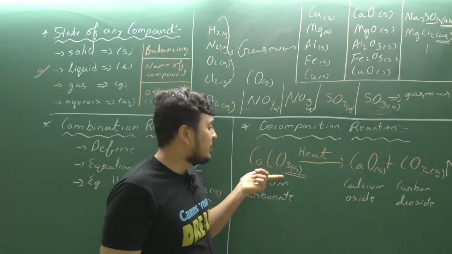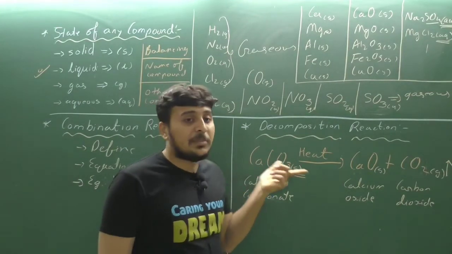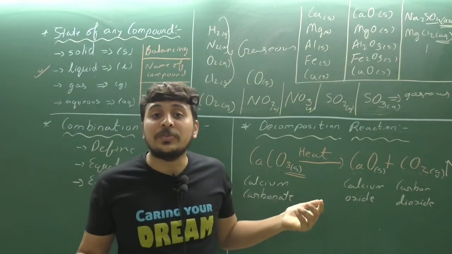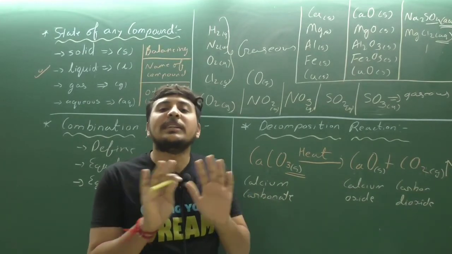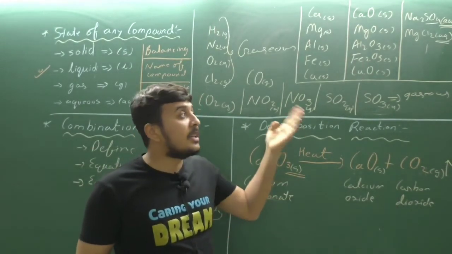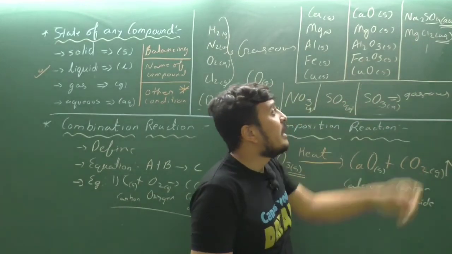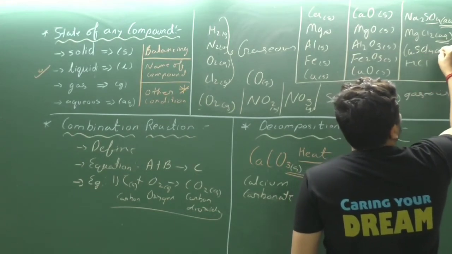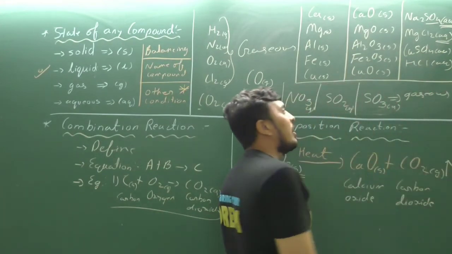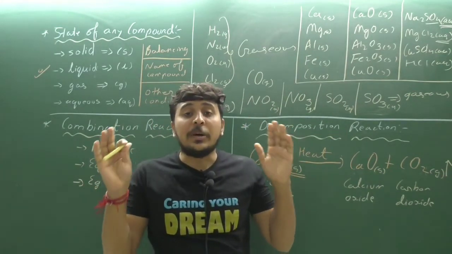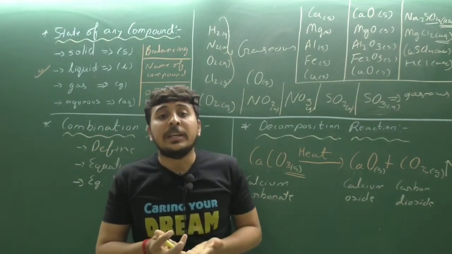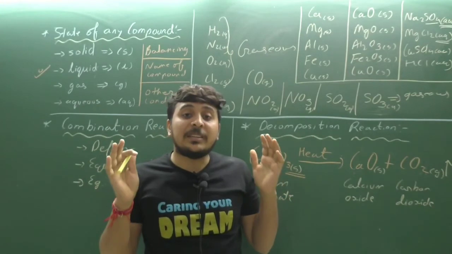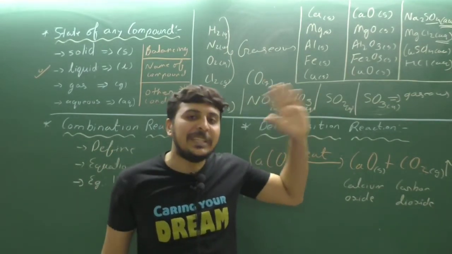But some compounds, for example calcium carbonate, for example silicon dioxide, SiO2, that is sand particles, do not get dissolved in water, so they remain in solid state. The things which get dissolved in water, for example sodium sulfate, magnesium chloride, copper sulfate, CuSO4, HCl, all of them are in aqueous state. So out of 300 compounds that I have written in the how to write a chemical formula video, more than 250 compounds can be written in aqueous state.